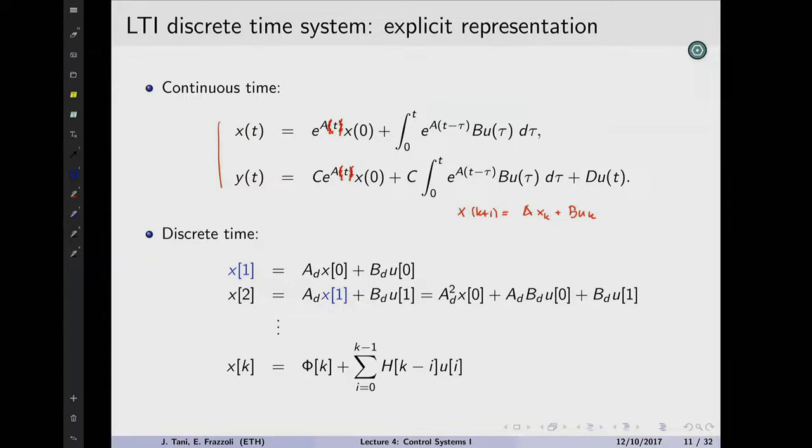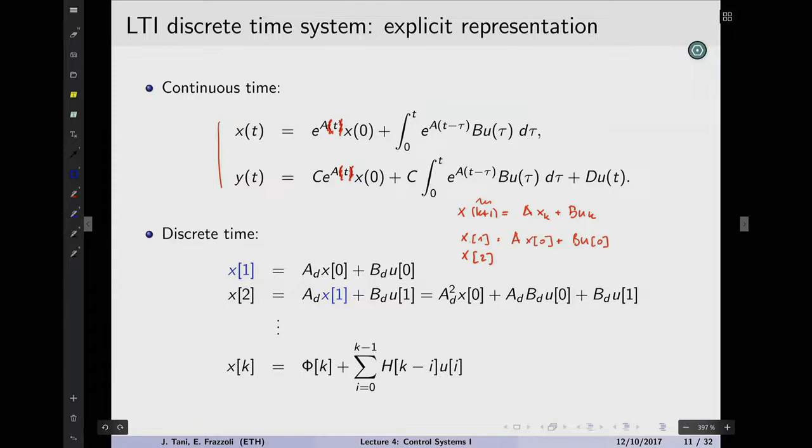What's x at time 1? Well, x at time 1 is, notice, here we've got k plus 1. So on the other side of the equation, you want to put whatever you put on the left, 1 minus 1, right? Because it's k, which is 1 before k plus 1. So this is a times x of 0 plus b u of 0. Do you all agree with this? Does anybody disagree with this, at least? No, good, thank you.